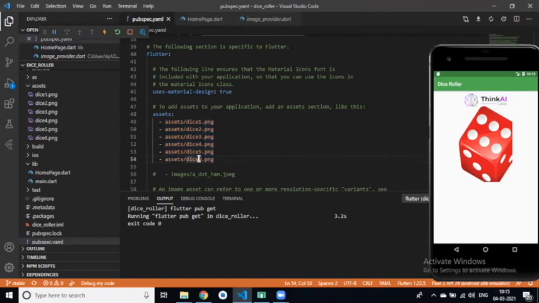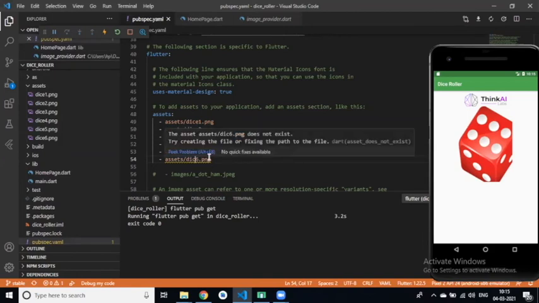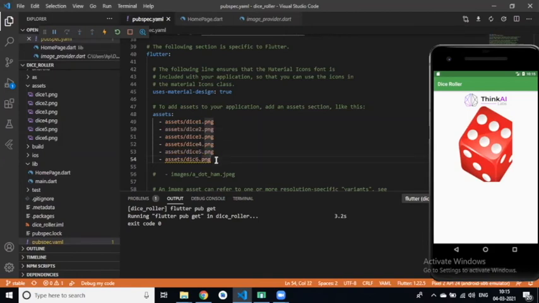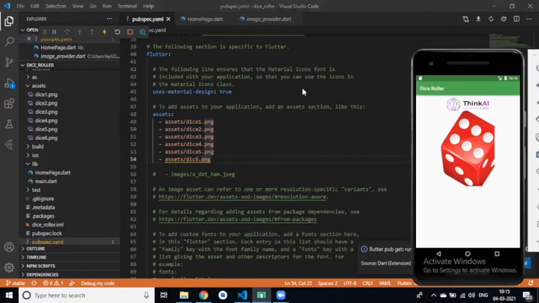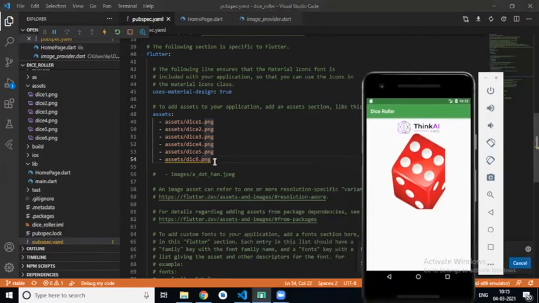If I make a mistake in the spelling, then this is the problem. If you have 50 or 60 images in your asset folder, this is a big problem, right? So we can also do it like this.